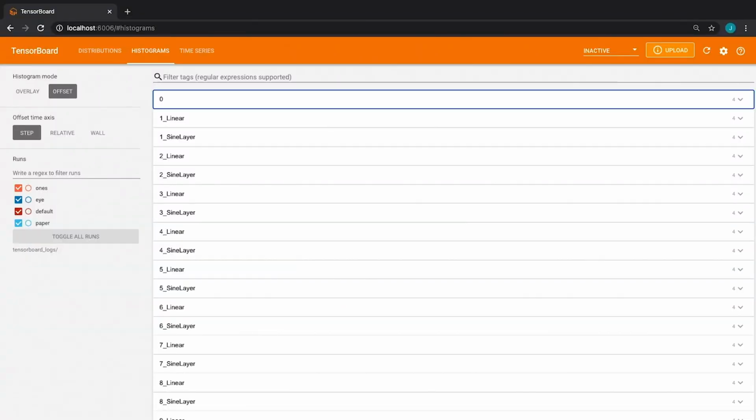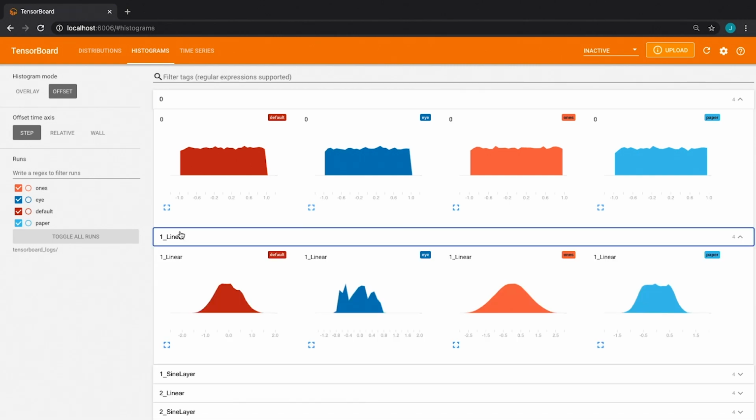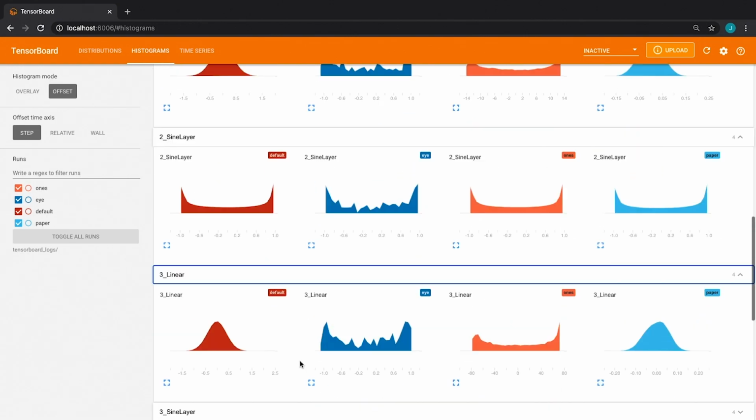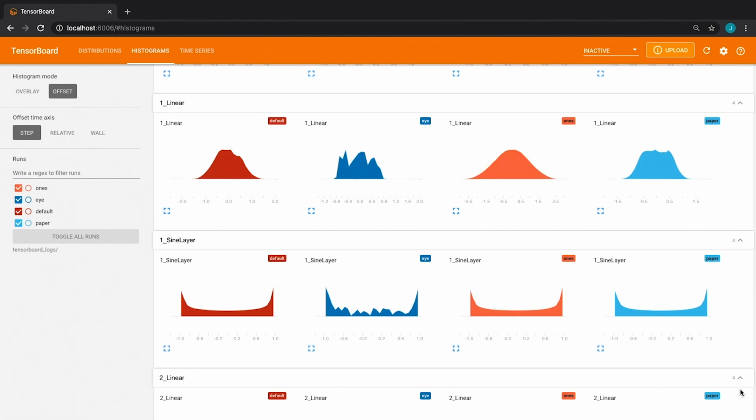We are in the histogram section, and as you can see, all the layers are conveniently numbered based on their order. When it comes to the input, it is clearly a uniform distribution in the interval -1, 1, irrespective of the initialization scheme. Let us now focus on the rightmost column because it represents the paper initialization.